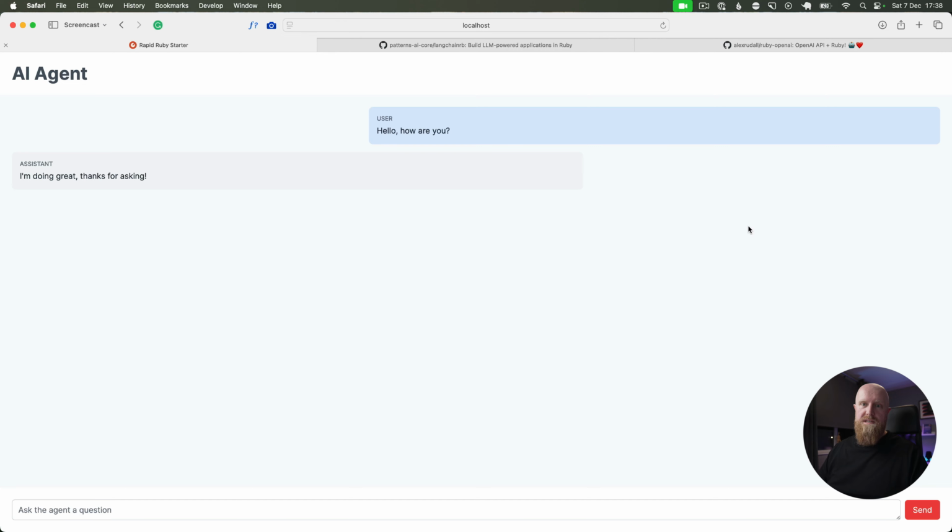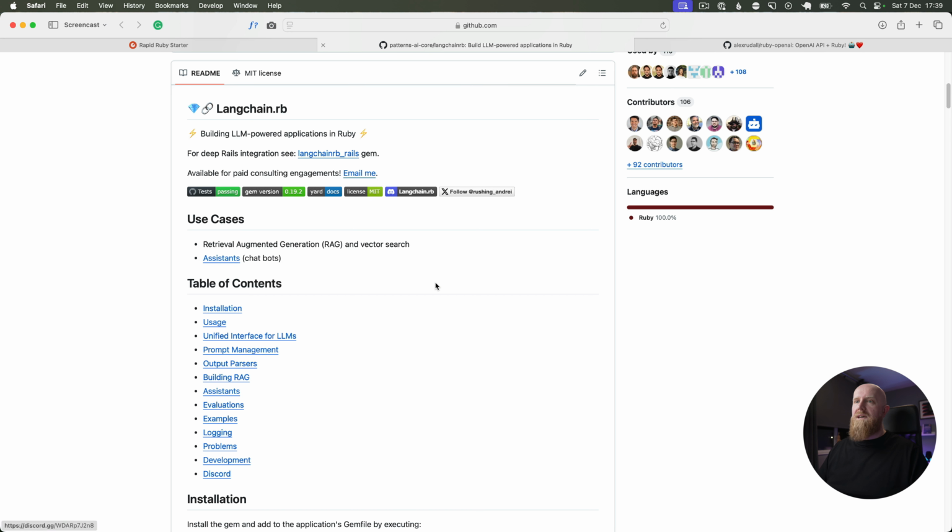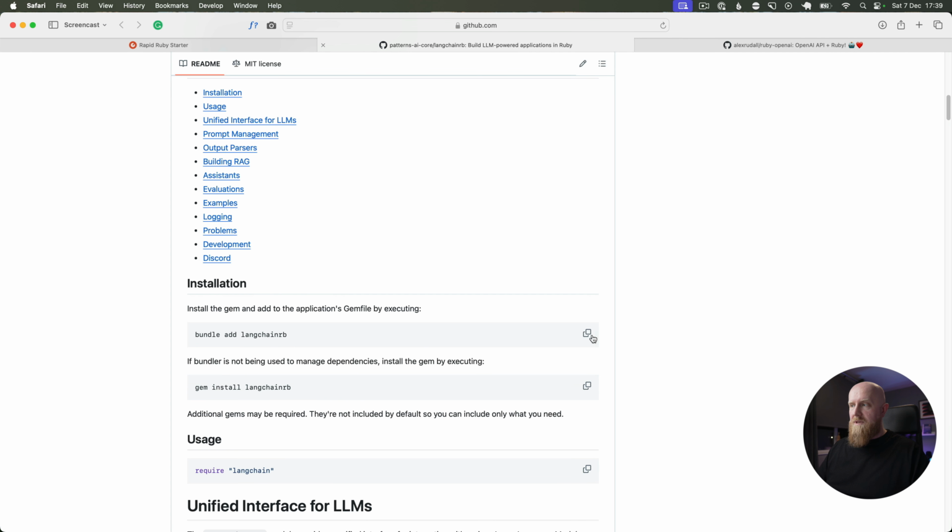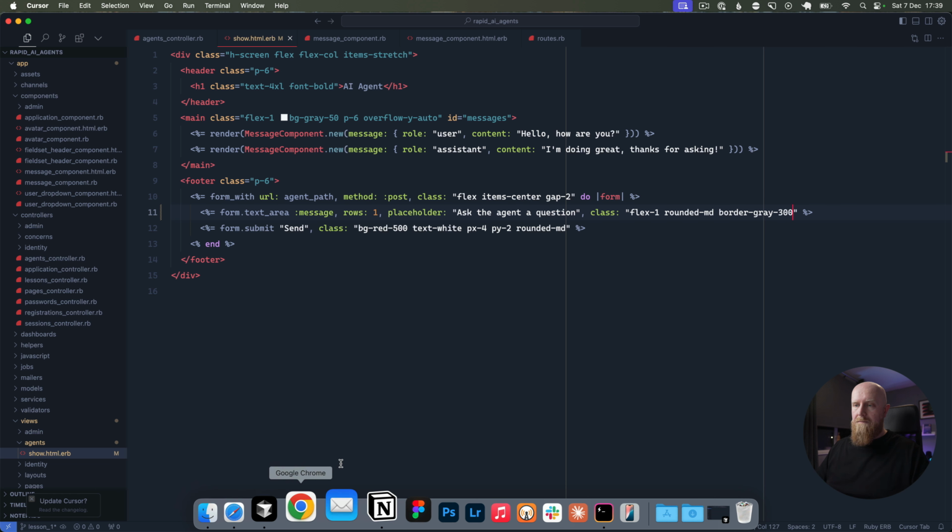So what we're going to do in this first episode is set up LangChain.rb. I've created a UI to save a bit of time so we can get straight to the good stuff. The UI is basically just a way of easily listing out messages and a form to post new messages so that we can test these agents in the browser. We'll go ahead and go to LangChain.rb and we'll copy this and do the bundle add and then just restart